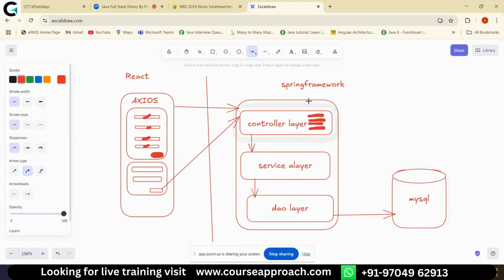Now the DAO layer is fetching the data from MySQL, and again from the DAO layer to the service layer. Here the data is going to be validated by using authentication and authorization, like which type of request is allowed and which type of request is not allowed. Everything is going to be checked in that service layer. Some configurations we can also write here. Now if the request is a success, it will be sent to the controller layer. The controller layer finally sends the response to the front end,